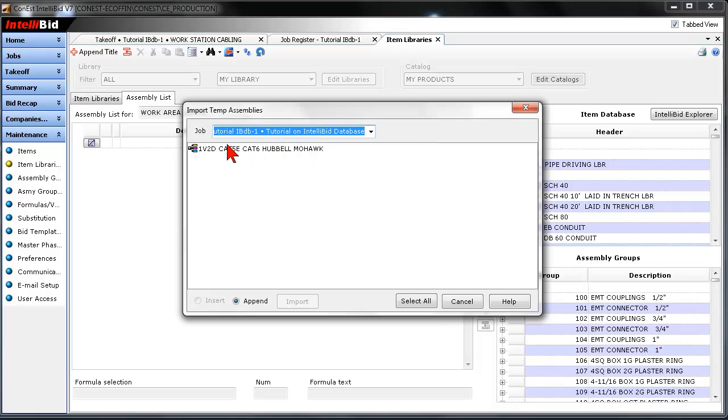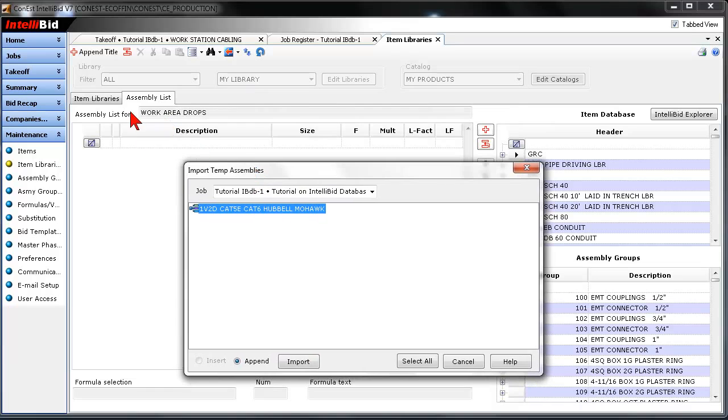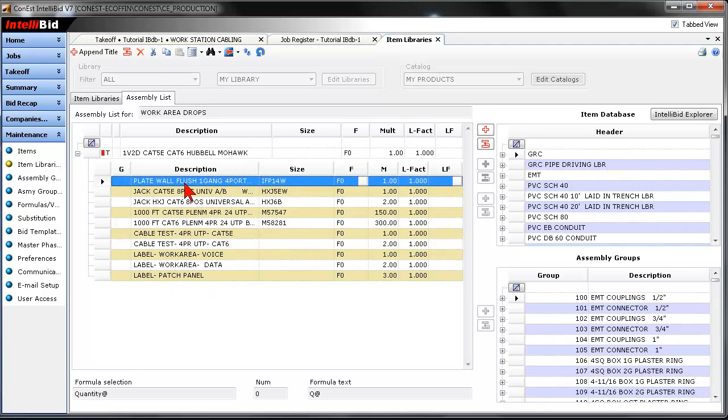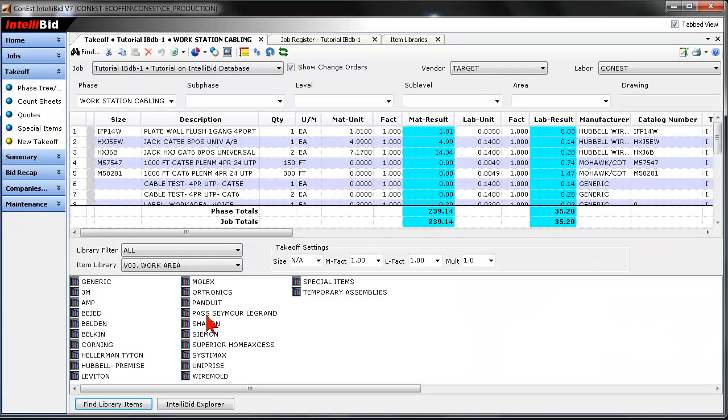Here's that tutorial project. Here's the assembly, the one we've created, and now under that particular assembly list, I'm just going to hit import, and now I've permanently added that temporary assembly into the ConNest database. Going into the takeoff tab in order to see what has actually occurred,